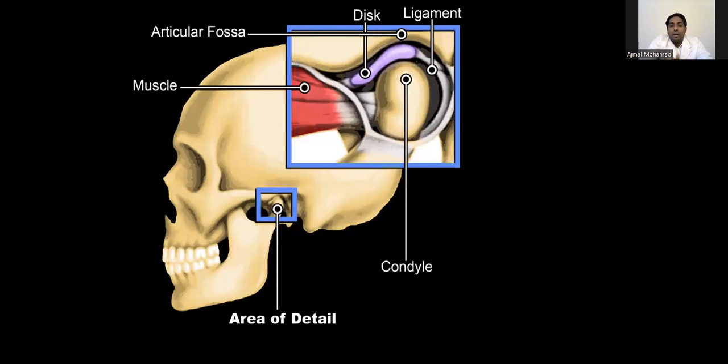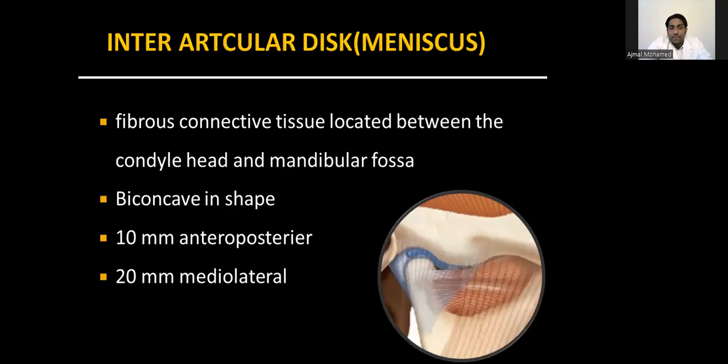So this is a magnified image of the temporomandibular joint showing the condyle and the disc portion, and the joints are connected with ligaments like the sphenomandibular ligament, the stylomandibular ligament, and there is something called the lateral ligament and the fibrous capsule. Now the most important thing